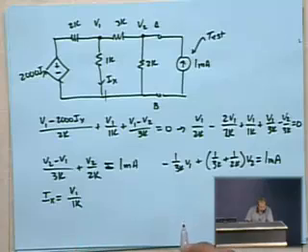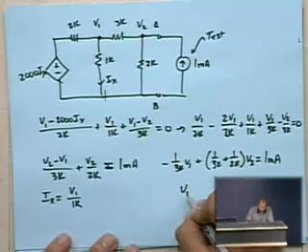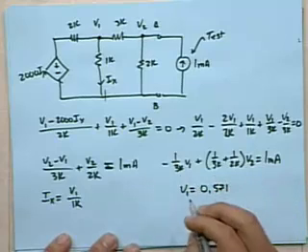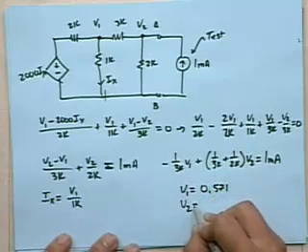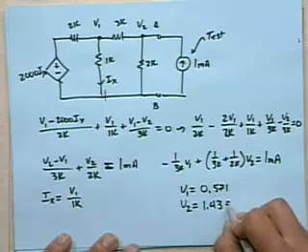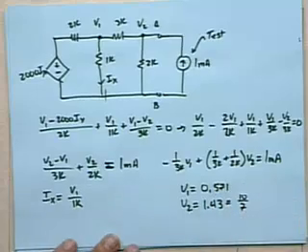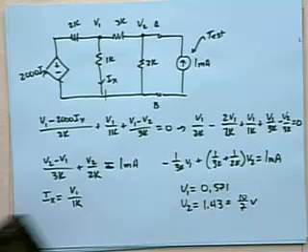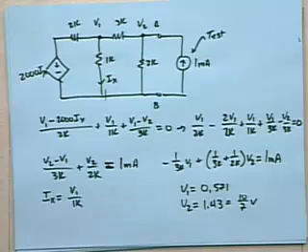If we solve those two equations simultaneously, we get that V1 equals 0.571 volts. V2 should equal 1.43 volts, which should be more or less equivalent to 10 over 7 volts. But let's plug this in just to make sure. I hate having people come back to me and say, oh, this math wasn't right. So